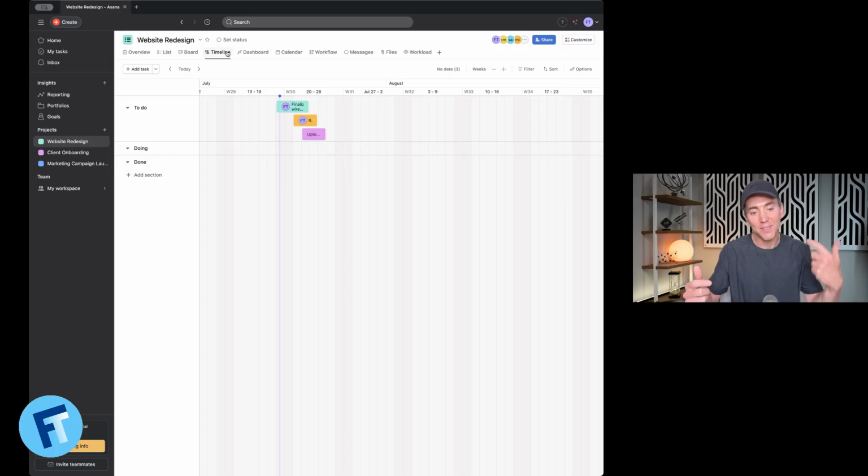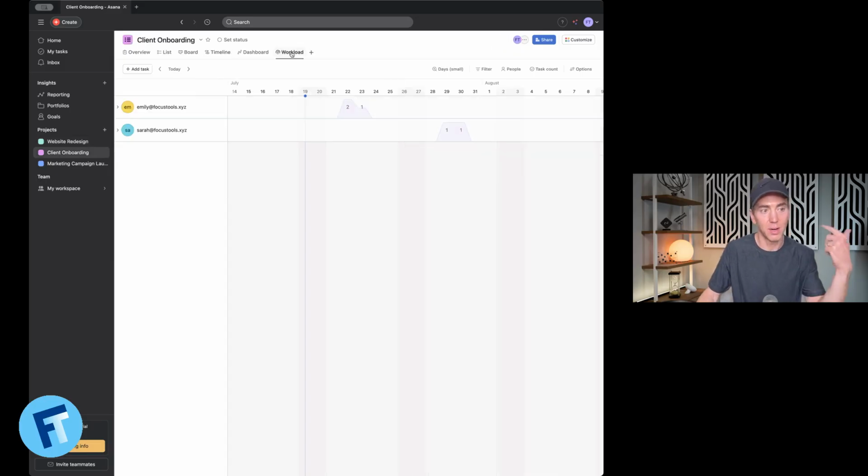But if I'm the manager of a project, one thing I'm trying to see or assess is how busy individual members of my team are. Am I overloading one person with too many tasks? So I have a workload tab, and I can see how many tasks I have assigned each person within this project on each day.